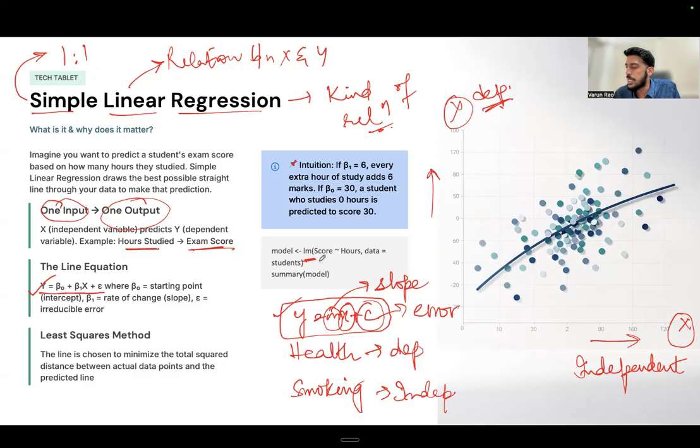And here I'm trying to check the score based on R. So score is the independent and R's is dependent. And obviously, you'll have to give the source of your data as well. So the data is some student's file and it's getting into the model. And the line, now whenever you're working on these, a line is chosen to minimize the total squared distance between